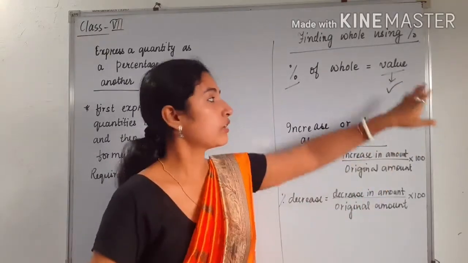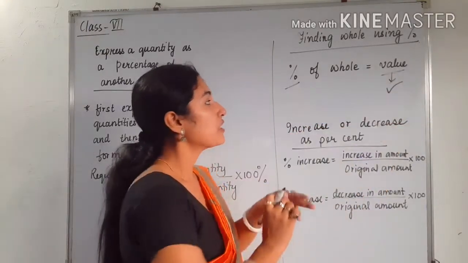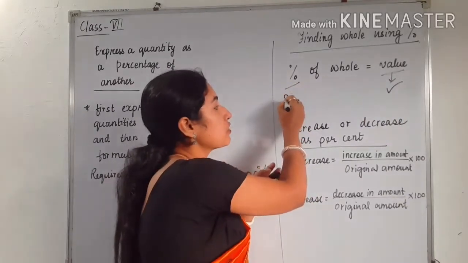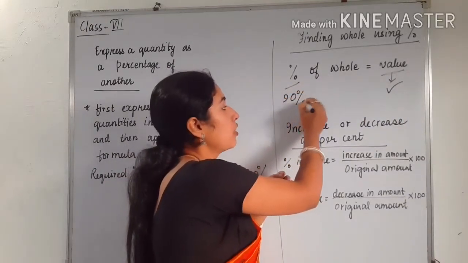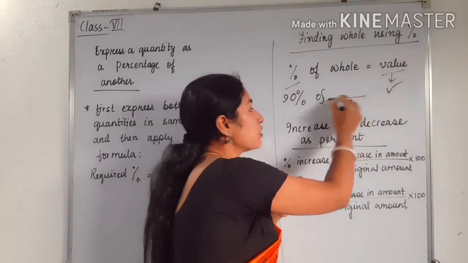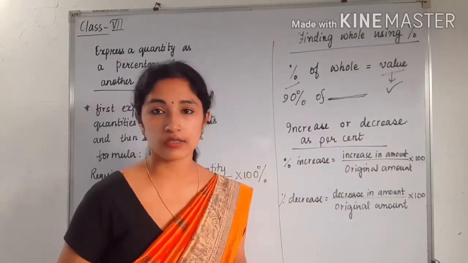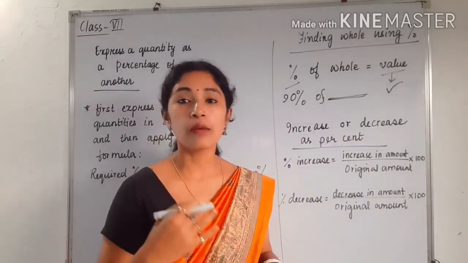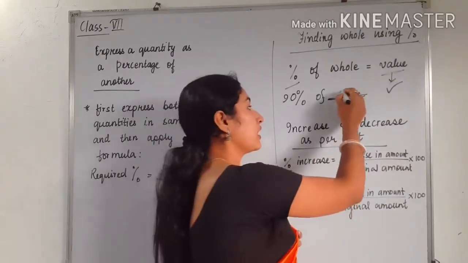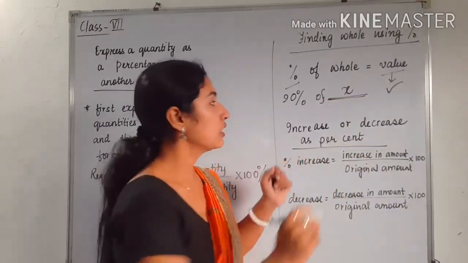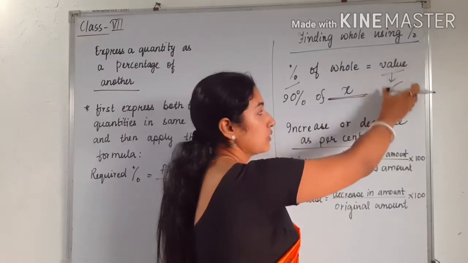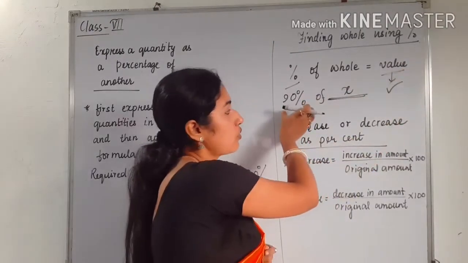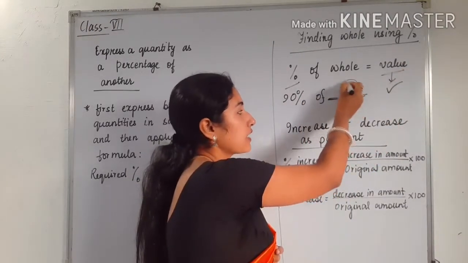Okay, the value that will be given, you have to write here. Percentage, suppose we are getting 90%, so you have to write 90% here. Of whole, meaning the total marks. We don't know the total maximum marks, so we have to take it as X. Now see, we know the value of this, we know this one, we don't know this one. That means X is unknown.